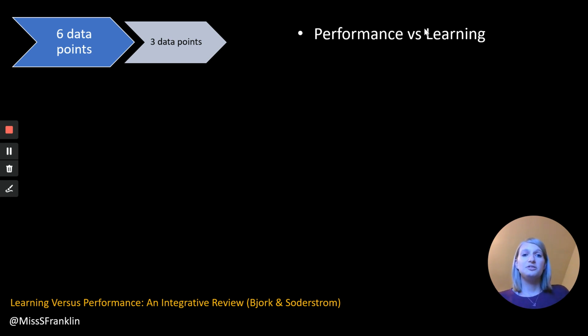And we also needed to consider the idea of performance versus learning. So when we think of testing or assessment, what we want to get out of that is some kind of indication of the level of learning that has taken place. Now, we can never directly assess learning per se. We can only rely on the performance within that assessment to give us an indication about the level of learning